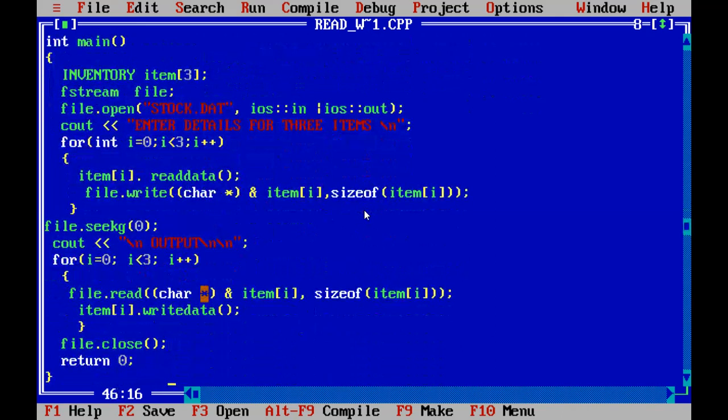Normally when we write, the cursor will always be at the end of the file, but when we are trying to read the content of the file, the cursor should again be at the beginning of the file. So by calling the seekg function with 0, I am bringing the cursor back to the beginning of the file. And after that, on the monitor, I am going to display the output. And of course, as we created an array of three objects,